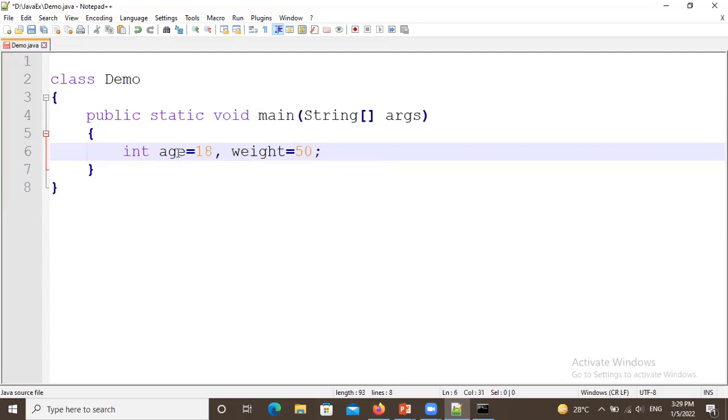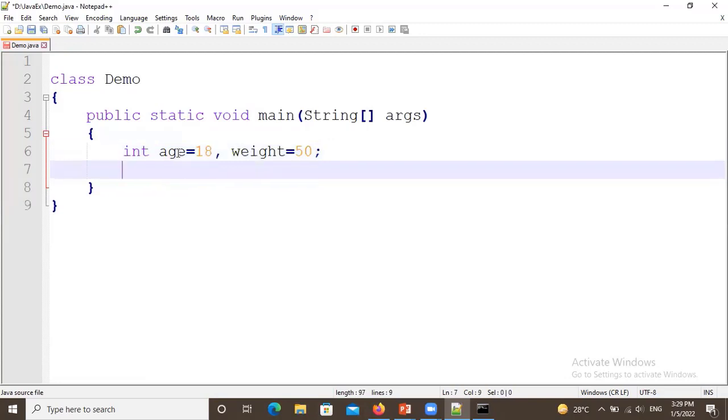So this program will check whether you are eligible for voting as well as blood donation or not. So we have two variables, one is age and another one is weight. Age is 18 and weight is 50, of type integer.